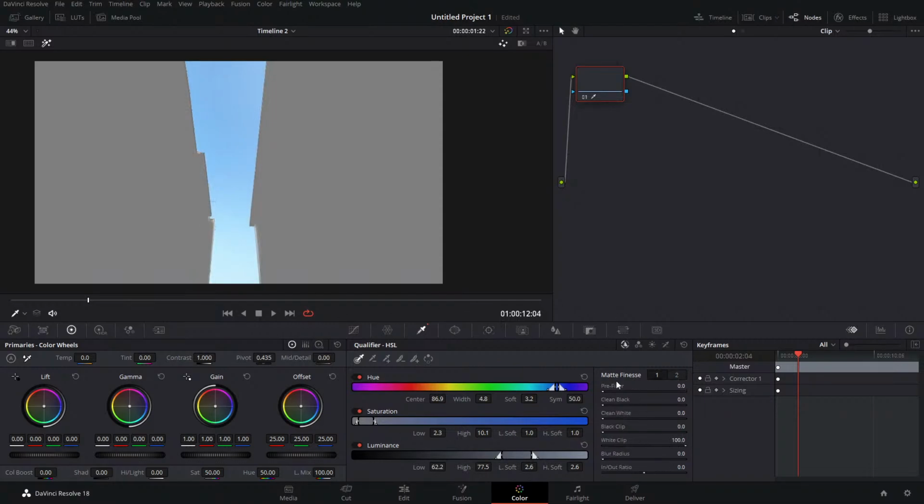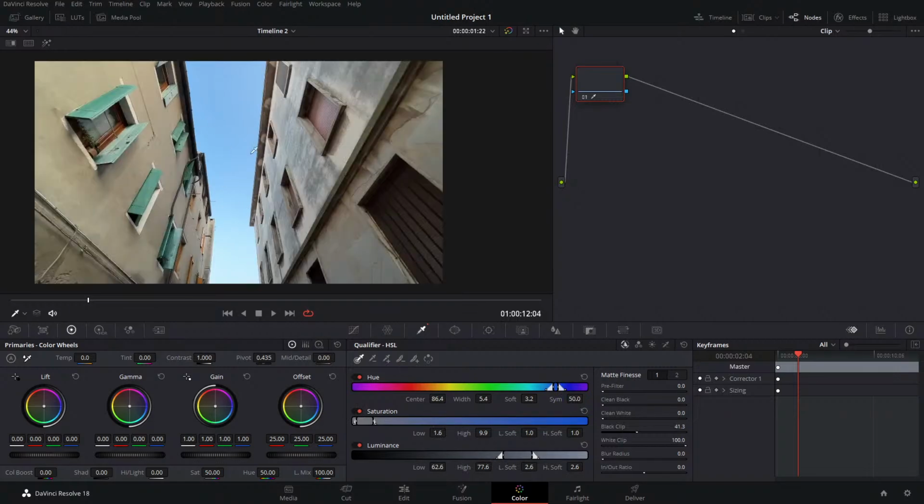You can also go back into the first one and just start messing with the other things. Not what I want. There we go. Perfect. Okay, so you got your sky selected,